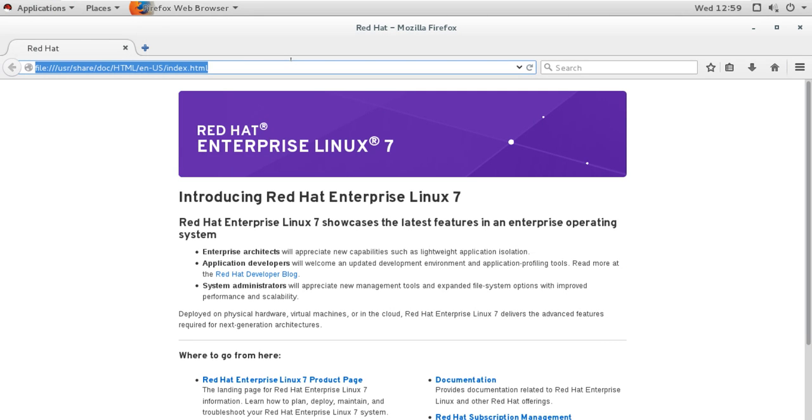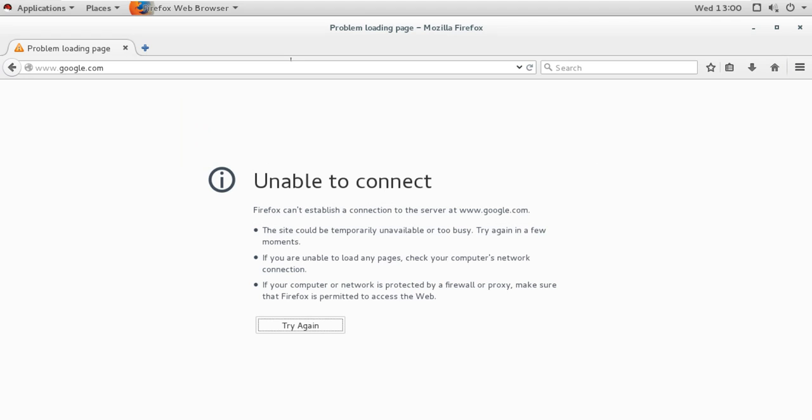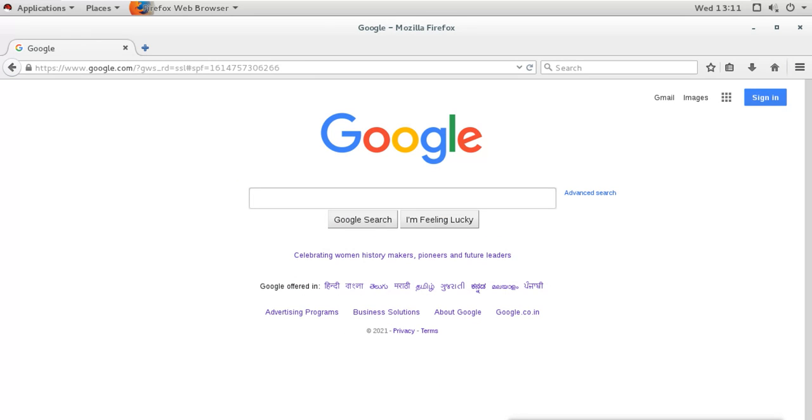Let's check Google. So Google, it is connecting to the internet.